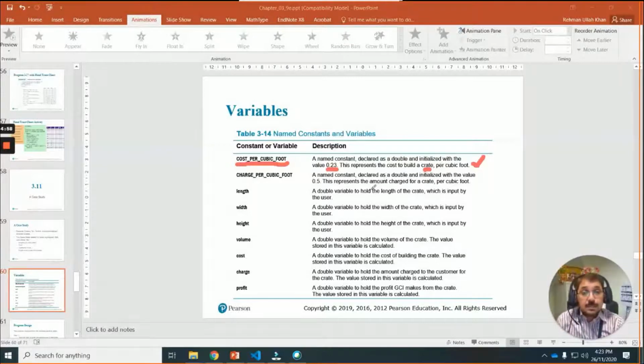Sorry, excuse me. So the problem will be given like in the previous slide. These things you will have to analyze, and you will have to extract information from the problem. In the same way, charges per cubic feet. So you will explain like this.